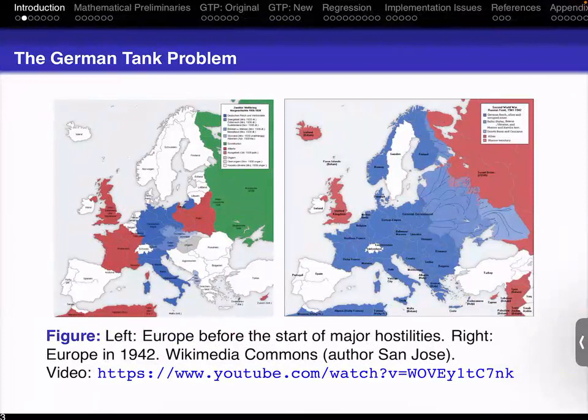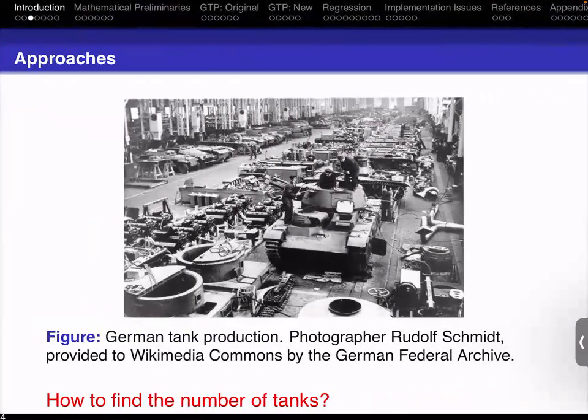This just shows you the incredible gains the Germans made at the start of World War II with their blitzkrieg tactics. They had a masterful use of tanks and very fast attacks. A tremendous number of countries and territories quickly crumbled. So it was extremely important for the Allies to get a sense of how to respond to something like this. You need to know how many tanks you are facing, so you need to know how many tanks the Germans are producing.